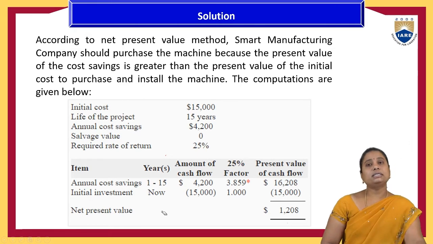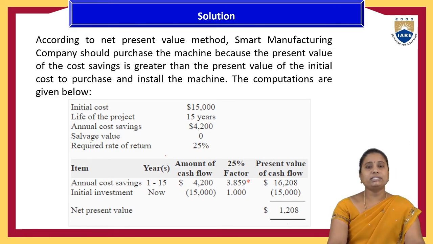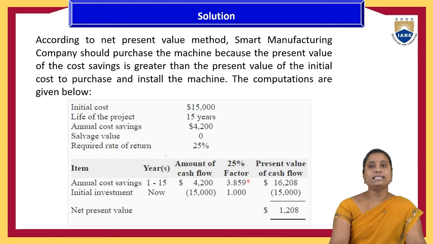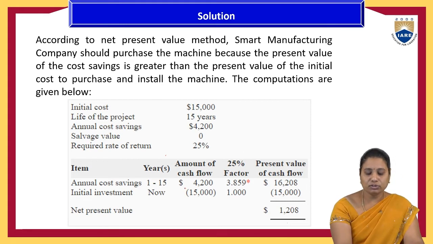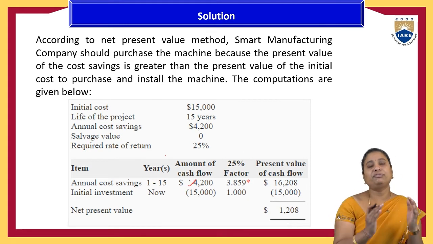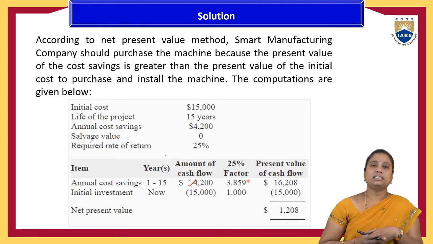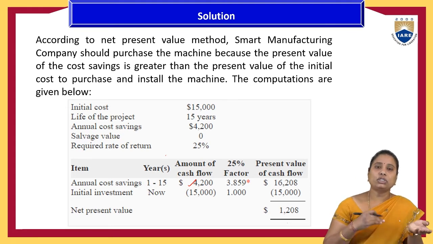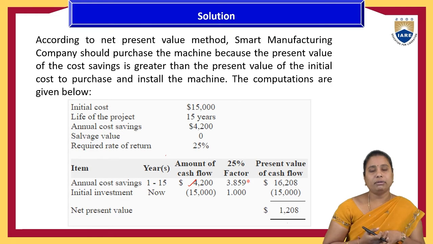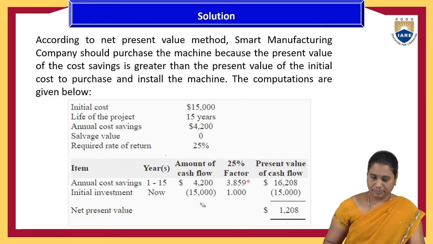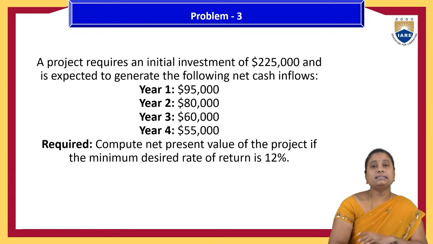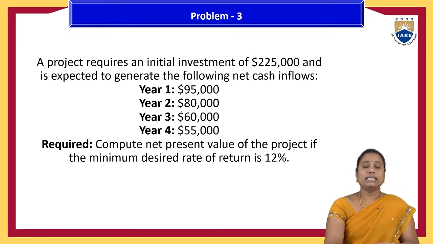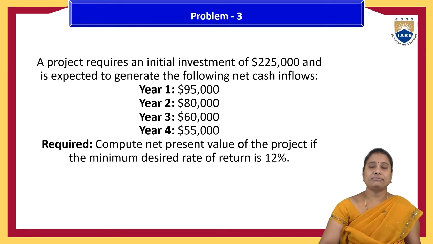So in all these examples that I have discussed with you, the cash inflows are even, that is every year they are going to get 4,200, from the first year up to 15 years, the same equal cash inflows of 4,200. That's why it is called when the cash inflows are even. If it is changing from one year to another year, then that will be called when the cash inflows are uneven. If uneven cash inflows are there, how to compute this NPV value? Let us have the discussion.